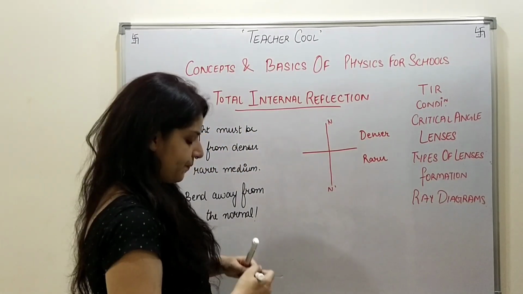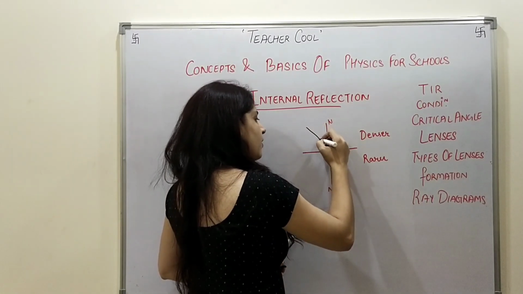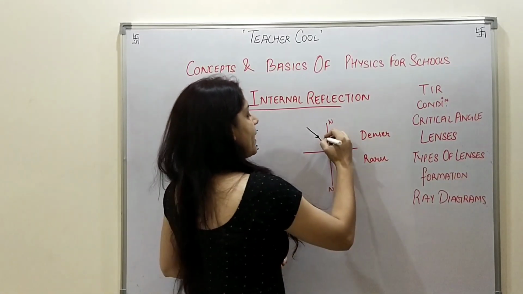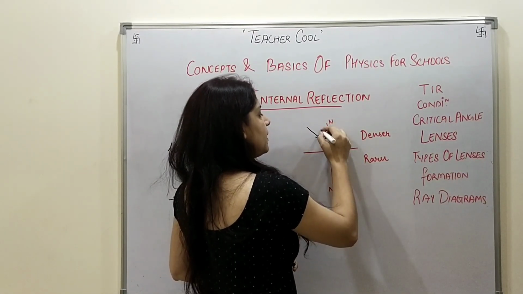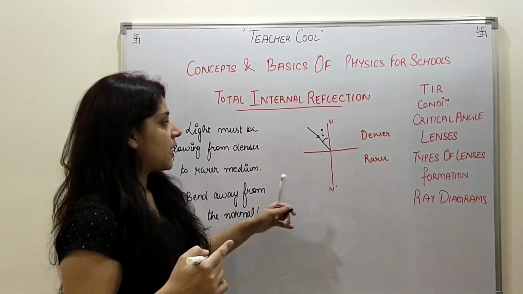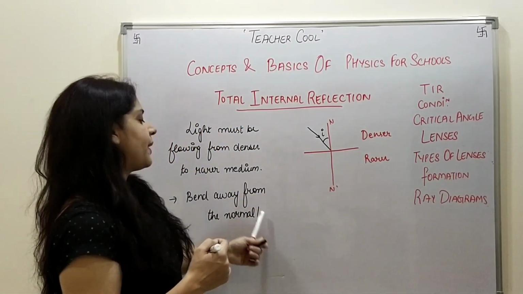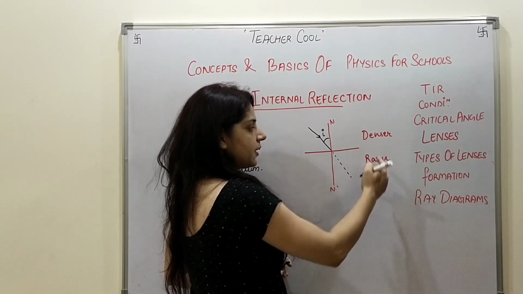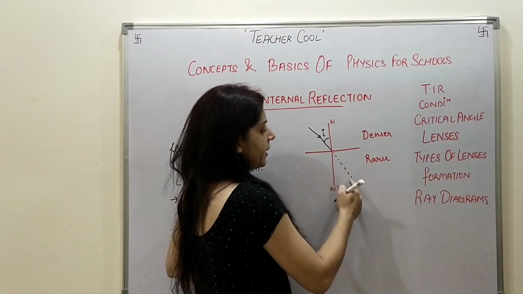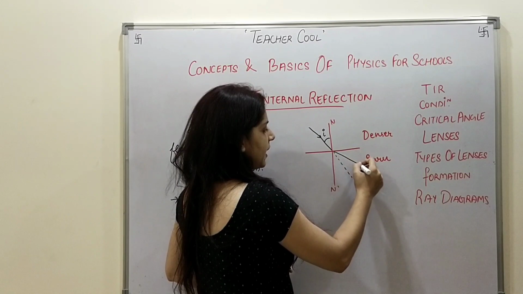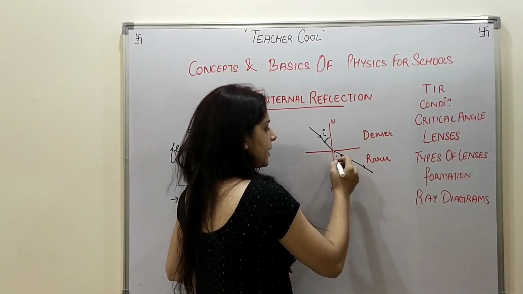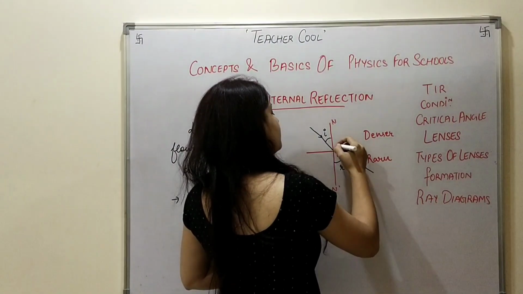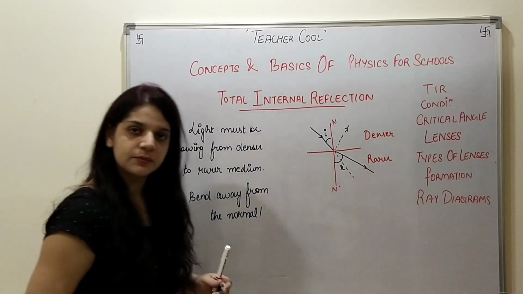So this says whenever a ray of light is incident at the interface of two media, the angle it makes with the normal is the angle of incidence. Now, going from denser to rarer, this time it should bend away from the normal. The original ray should have gone like this. Since it is the change of media, it will bend away from the normal, so it will go somewhere like this. This angle will be the angle of refraction, and we said a part of this ray will also reflect back.